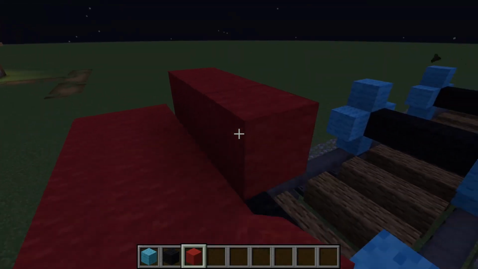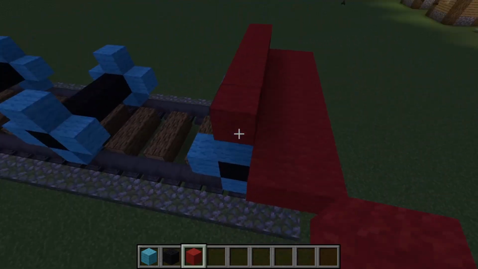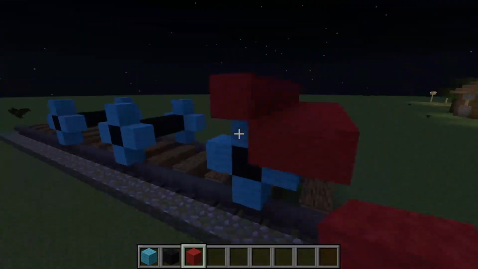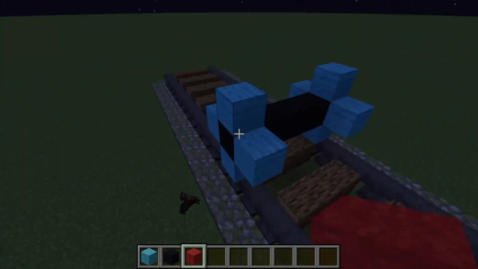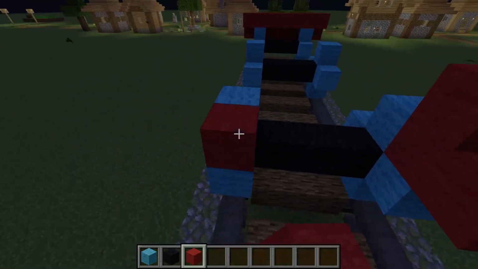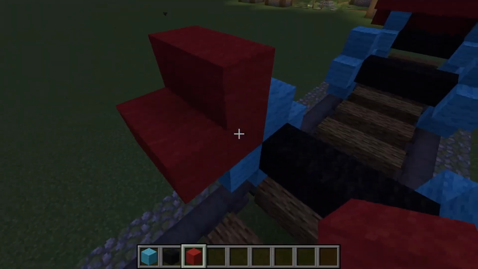So then we are going to add this bit like that. It should look like this from the side. Then over here we're going to do something similar. We do this, and yeah,